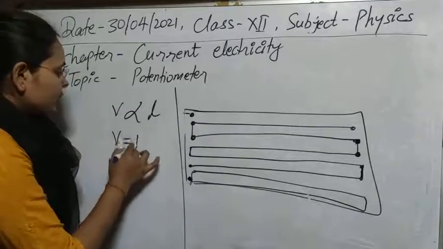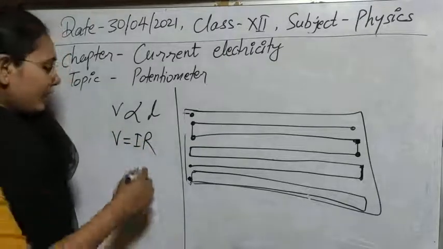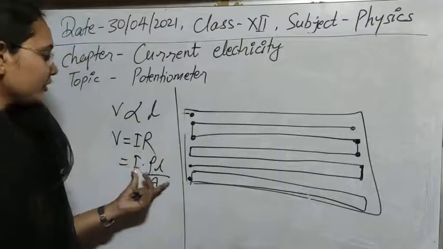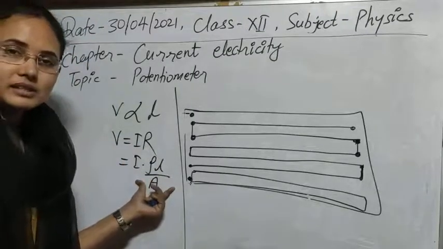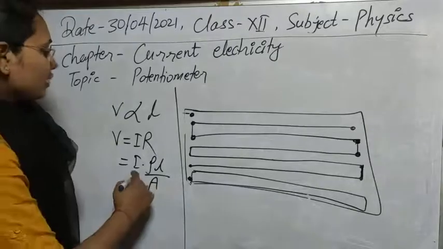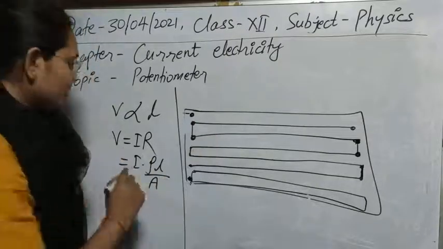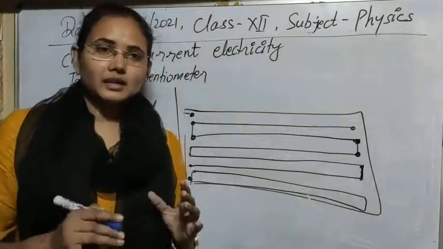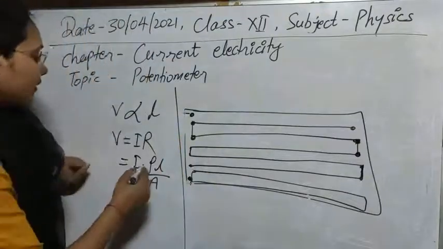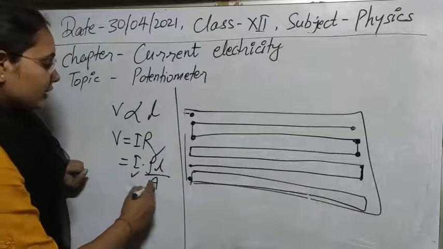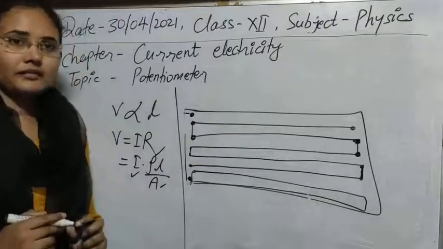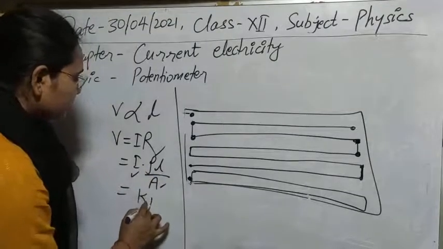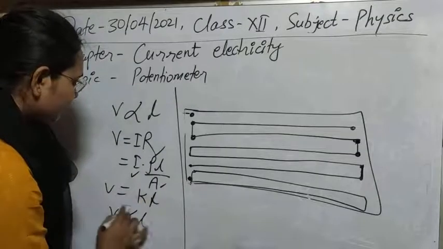So let's find out where we obtain this relationship. By Ohm's law, you know that V is equal to IR, and in place of R you can write rho L upon A. This is the relationship through which we represent the dependency of resistance on different conditions. As I told you, if a constant current is flowing through the circuit from a cell, and the material of the wire is constant, and the area of cross section is constant, then V is directly proportional to L, because all these constants can be replaced by another constant, and we can write V directly proportional to L.